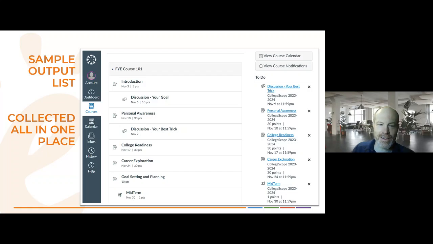The other nice part about having this broken up into smaller pieces is that it can provide a sense of accomplishment for a student. If they're finishing something quickly and getting it done, there's a sense of accomplishment, and that can help students feel more comfortable as they move along, rather than not knowing what's going on until the midterm. So really trying to break the course into small pieces is advantageous for that reason as well.